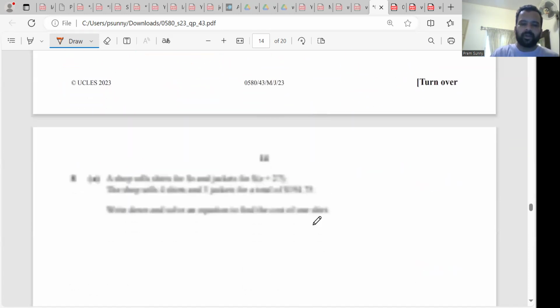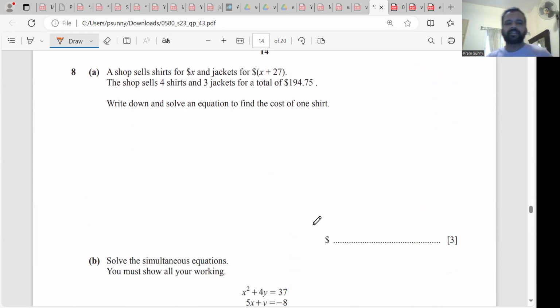Moving on to the next one here. A shop sells shirts for X dollars. So for one shirt, it is X dollars, and jackets for X plus $27. So for one jacket is X plus $27. The shop sells four shirts, that means 4X, and three jackets, that means 3 times X plus 27 for a total. So altogether, the total is